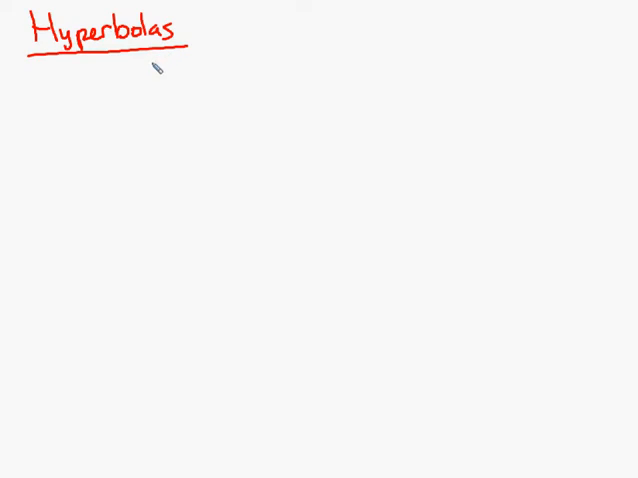Hyperbolas are going to graph a little bit weird, but their formula is very similar to an ellipse. So we have x minus h squared over a squared minus, instead of a plus, so that's going to be important,